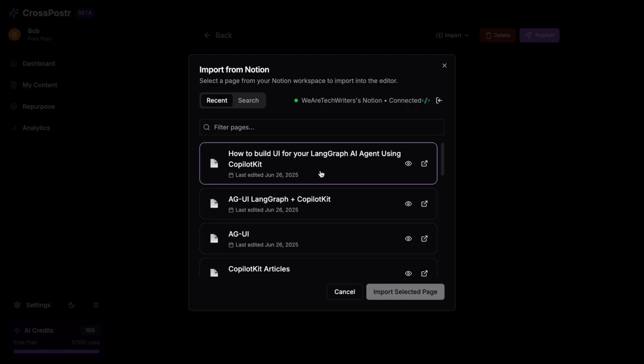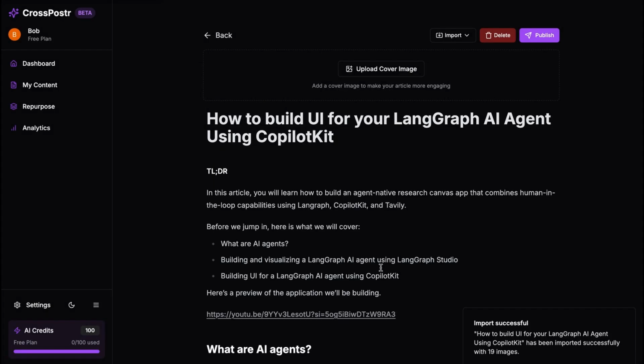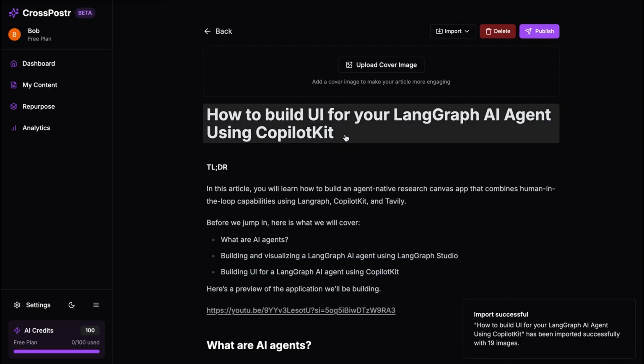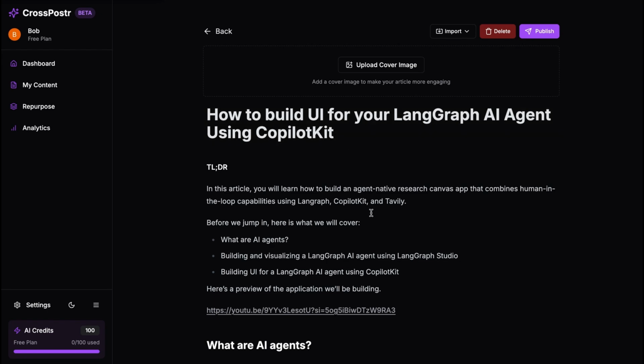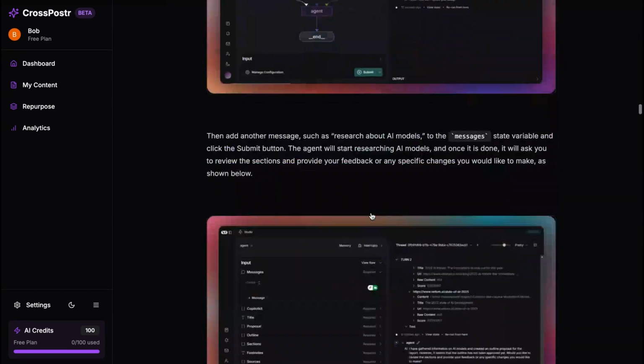Let's import the first article into the platform so that you can repurpose it into content for different social media platforms. Now you can see the content has been imported. It's a tech article on how to build UI for your LangGraph AI agent using CopilotKit. You can see it's a complete article, a guide or tutorial on how to build UI for your